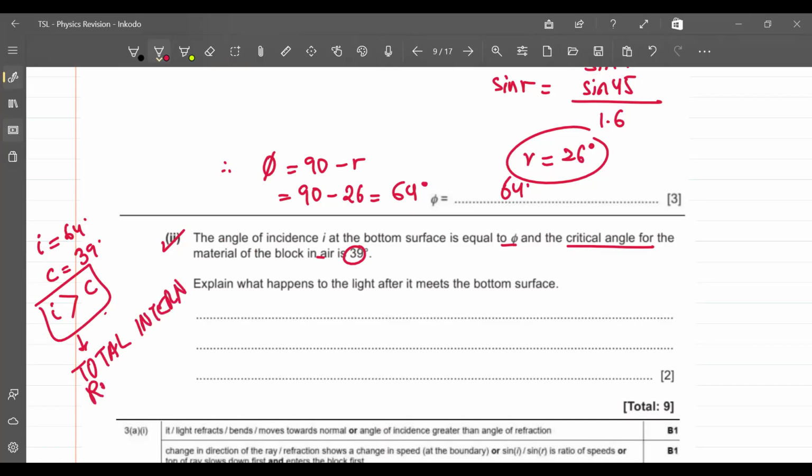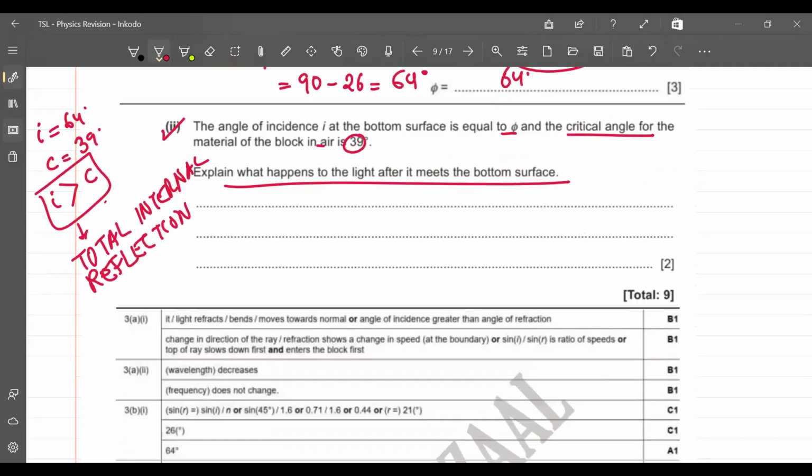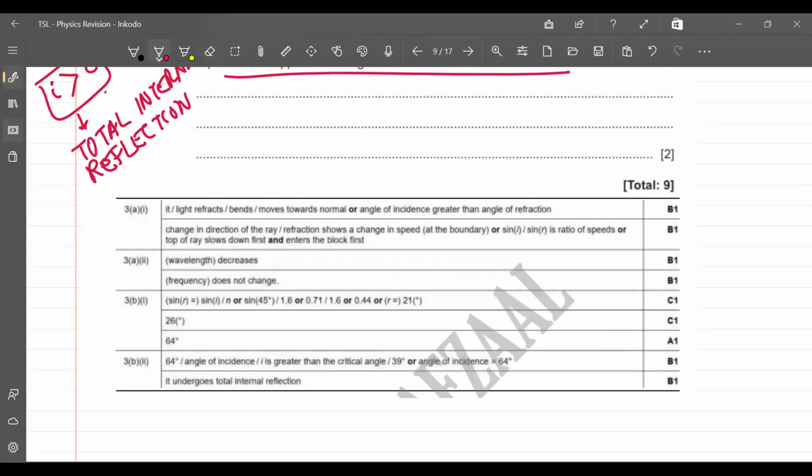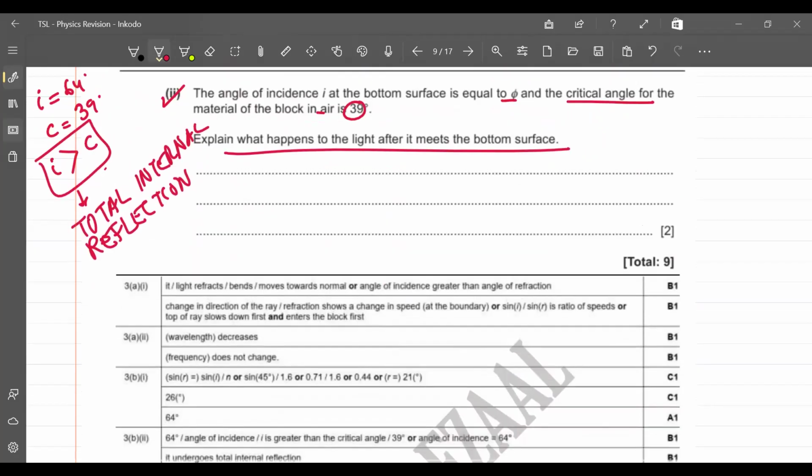रे ऑफ लाइट जो है वो एग्जिट नहीं करती, सेम मीडियम में वापस अंदर आ जाती है। एक्सप्लेन व्हाट हैपेंस टू द लाइट आफ्टर इट मीट्स द बॉटम सरफेस। देखो आंसर पढ़ो, दो मार्क्स का है, तो पहले ये स्टेट करना होगा, एंगल ऑफ इंसिडेंस ग्रेटर देन क्रिटिकल एंगल, दैट इज 64 डिग्रीज इज ग्रेटर देन 39 डिग्रीज एंड टोटल इंटरनल रिफ्लेक्शन आता है।